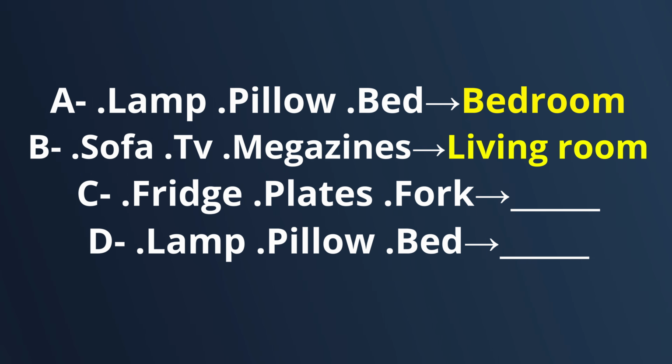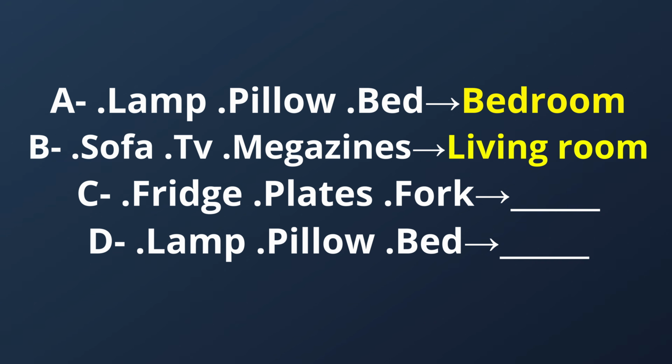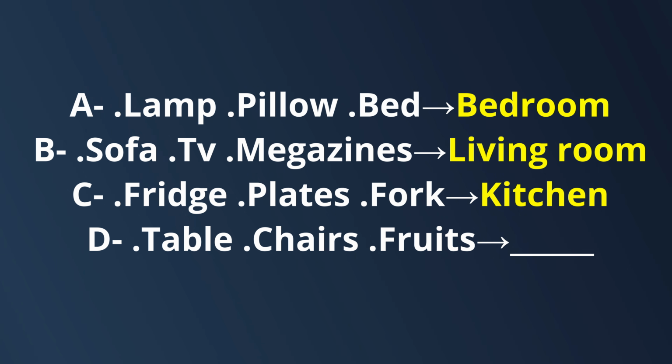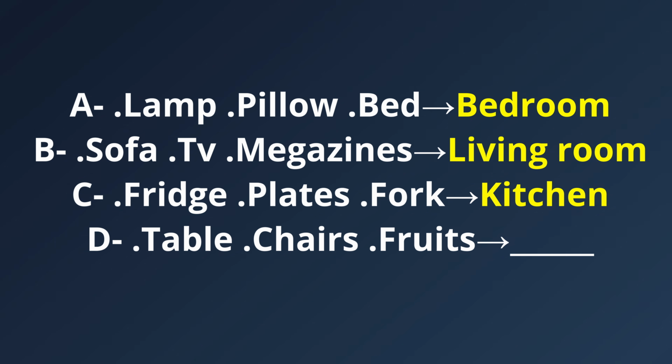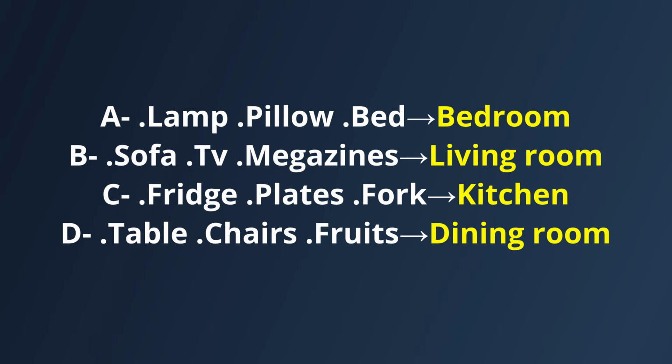Fridge, plates, fork, and spoon: these are found in the kitchen. Table, chairs, and fruits: this is a dining room. Okay, so when we talk about these